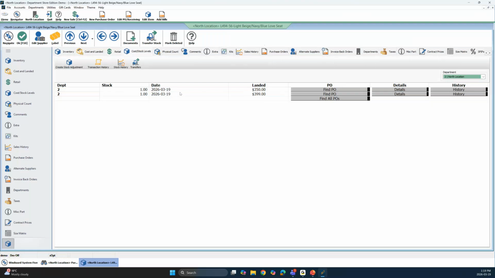Now in our cost and stock levels, we have 2 line items, and this will operate based on first in, first out. So that the next love seat that we sell is going to be costed at $350, and that's going to go through the financial piece. And we have that bill that was entered as the $350. Now we have one that's at $399 because we recognized at the time of receiving and we changed it. So now when we add our bill in,